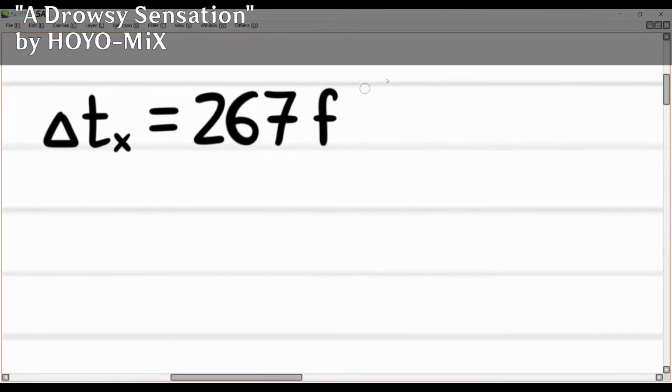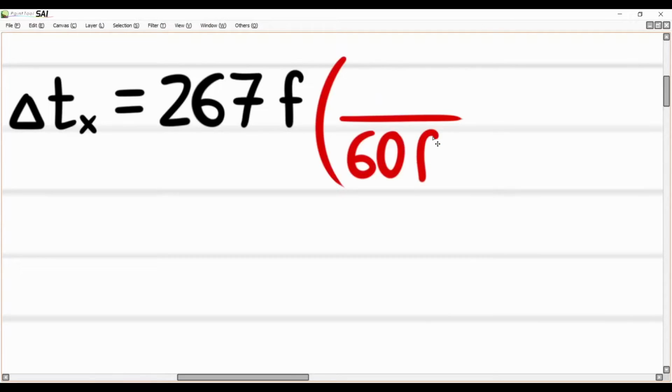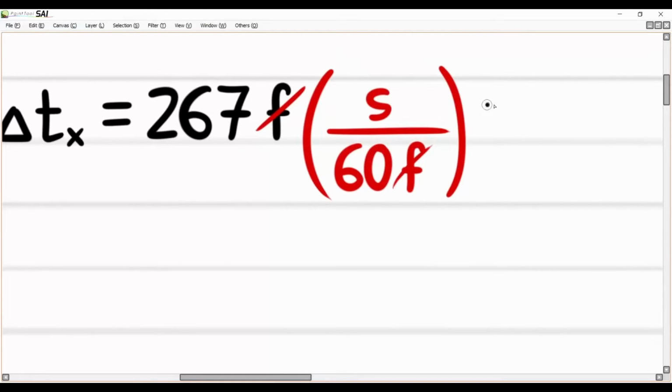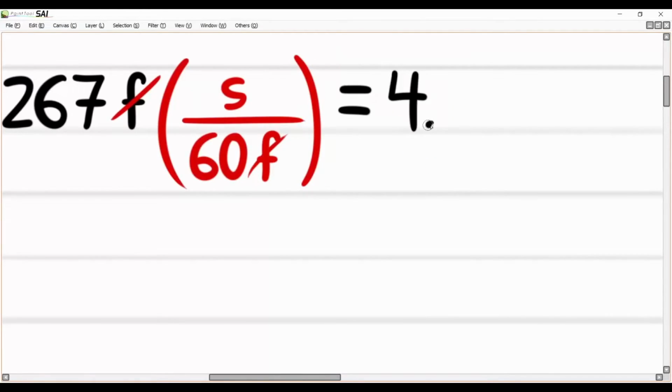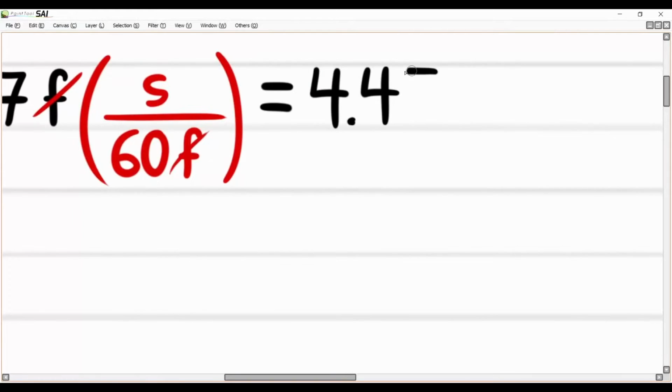So we can actually pretty easily convert this to frames per second by remembering that I have 60 frames every second. You can see the units cancel out: the frames cancel out and we're left with seconds. So what we should get is 4.45 seconds. Whatever distance we calculate from this, I'm just going to add like 1 meter